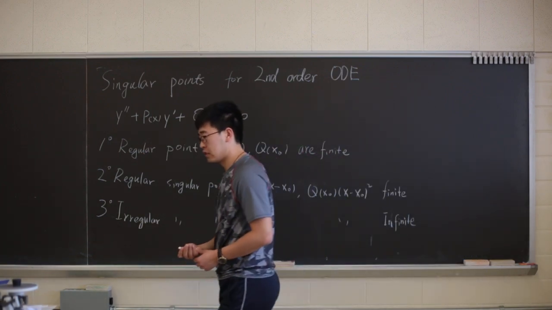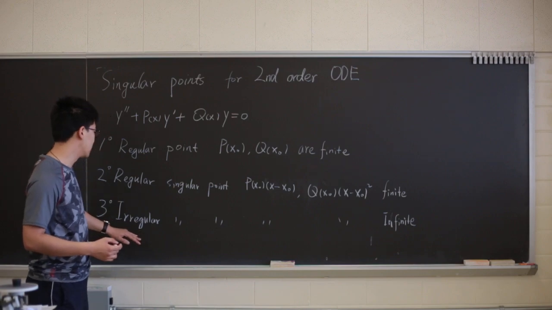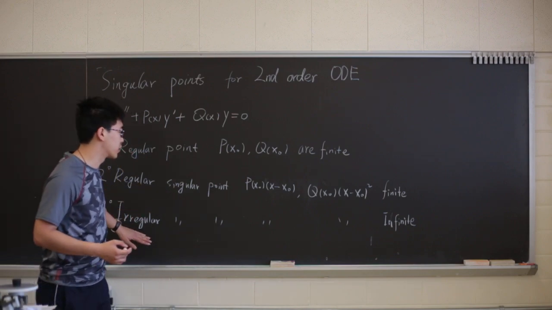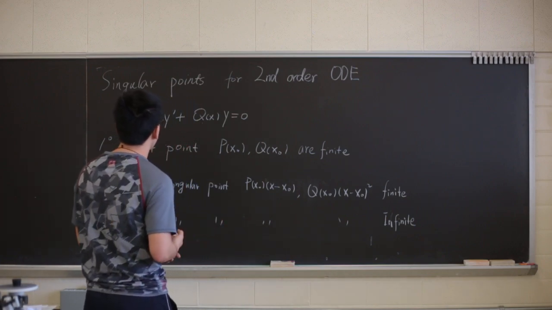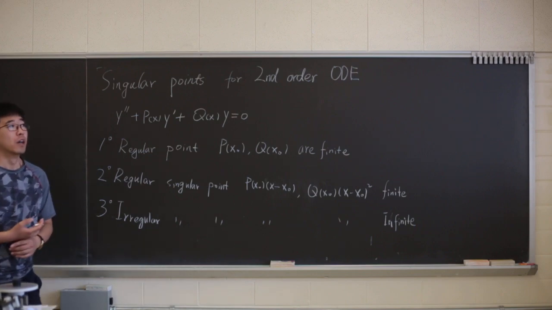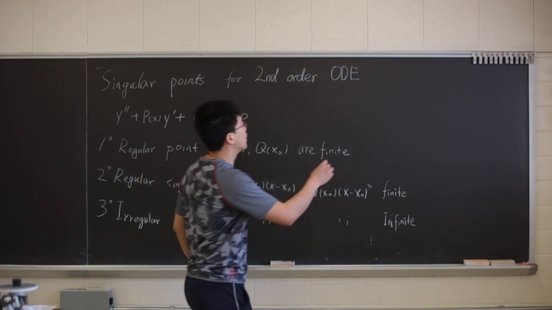At first glance, it's rather confusing, at least to me, why we classify into two different classes: a regular singular point and an irregular singular point. So if you do several exercise problems,